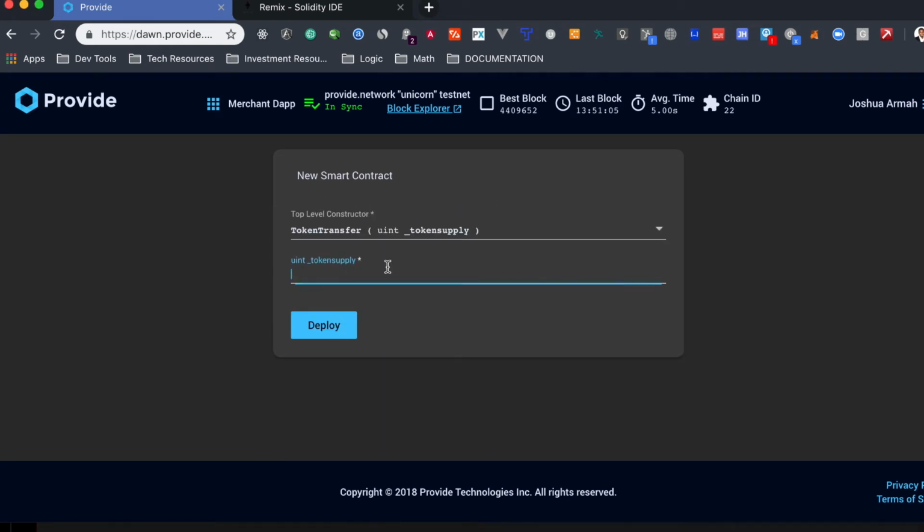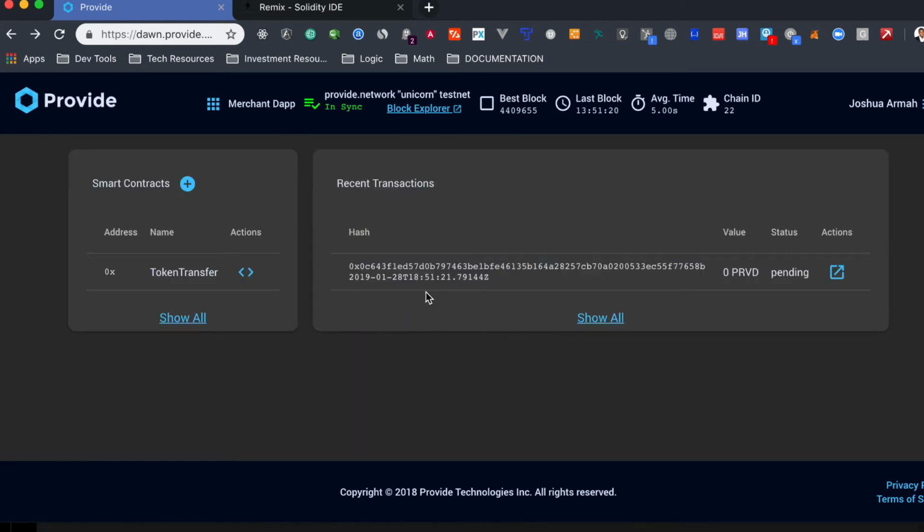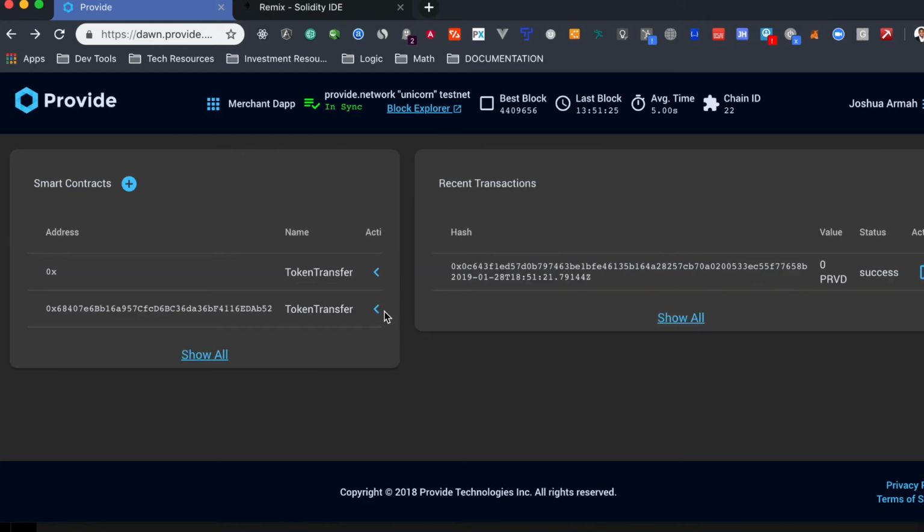Now we are going to deploy this. Let's say we want to give ourselves 8 million tokens as a supply, so that way we have something to start with. And now we can deploy. And there you go, guys. We have our transfer being read by the network, and boom, the smart contract is deployed on provide.services,